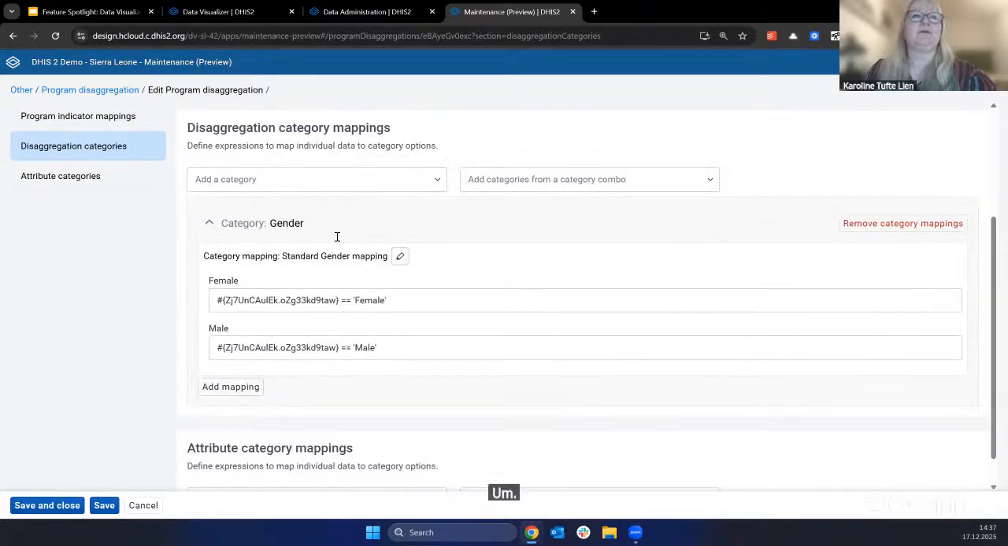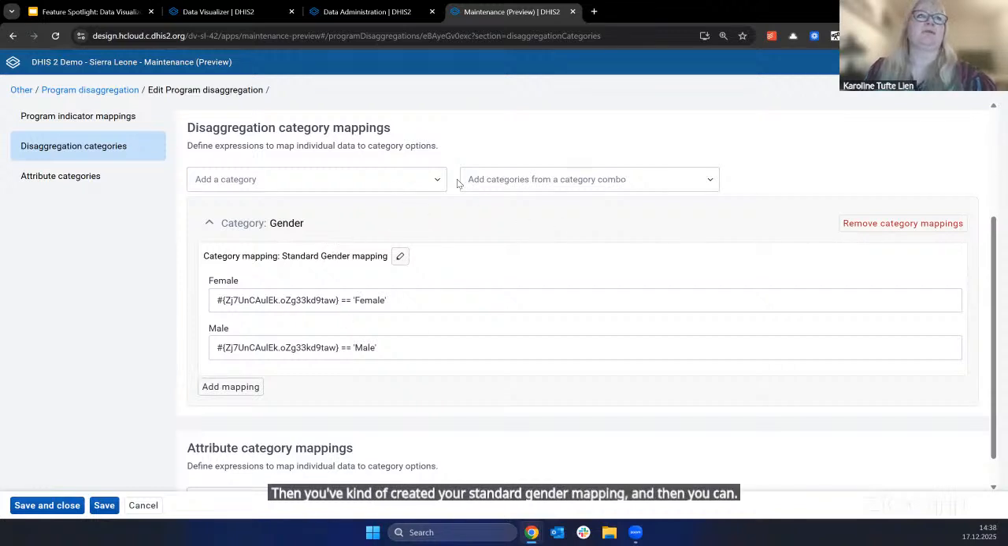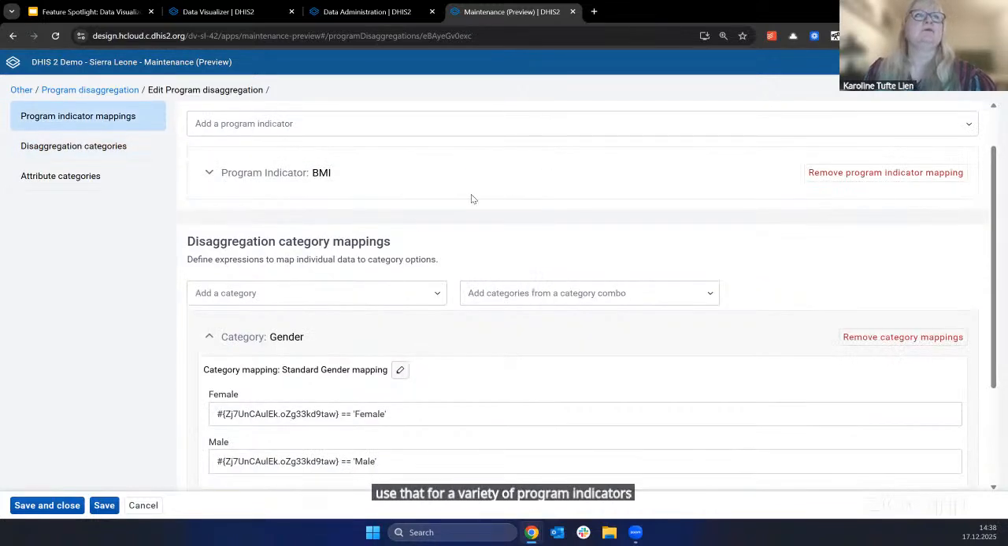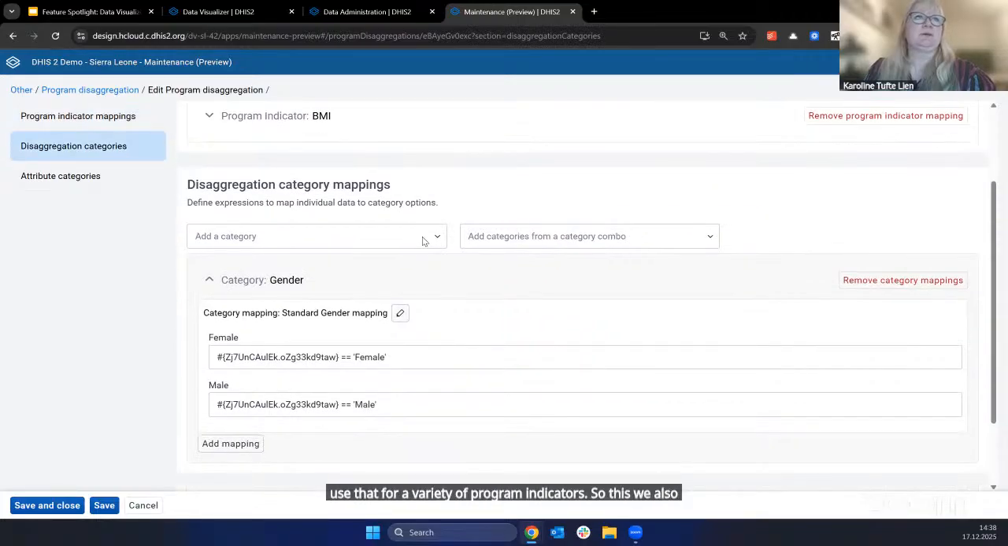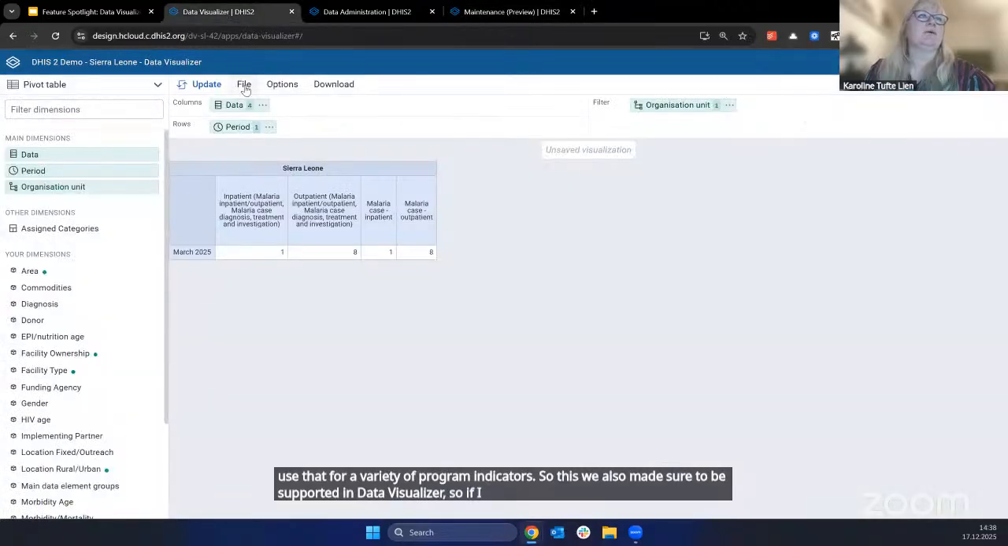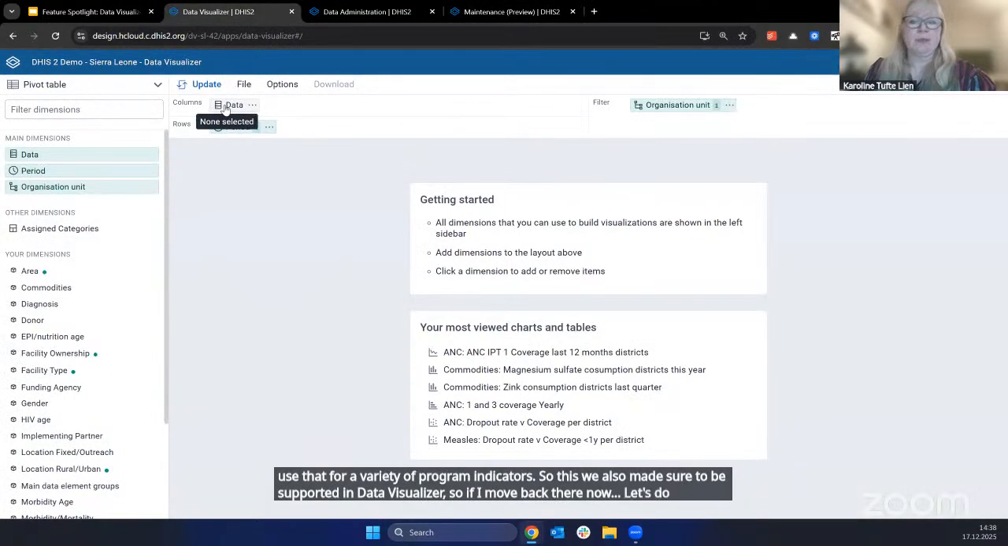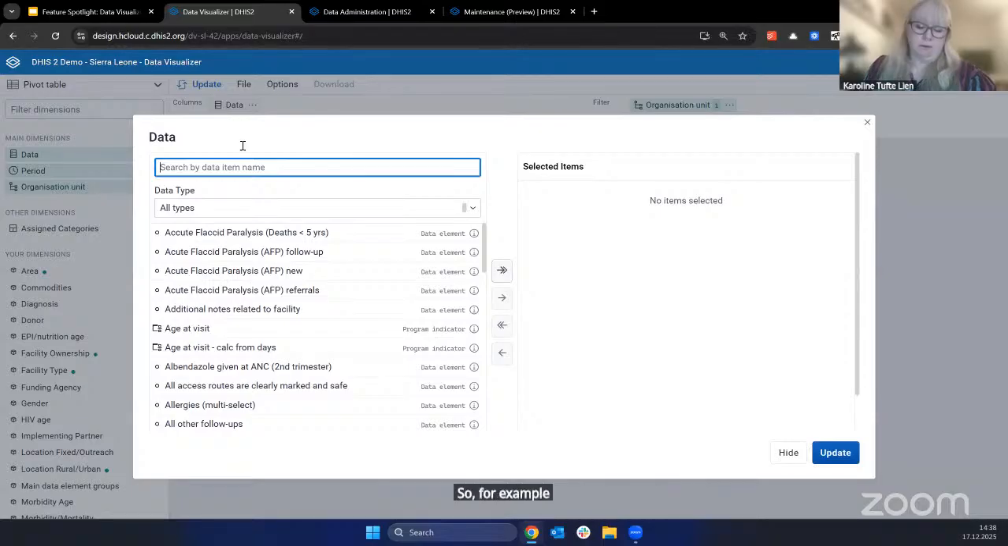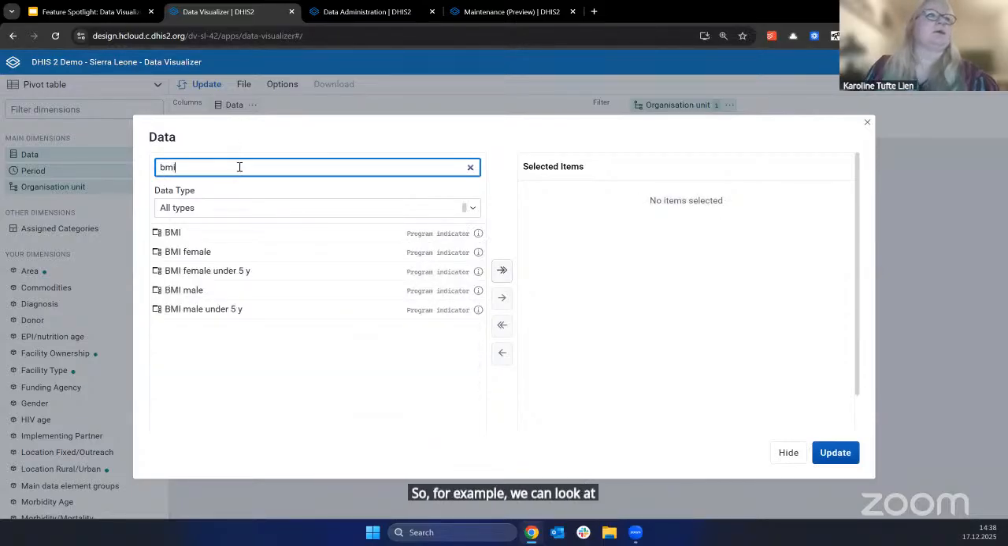Then you've created your standard gender mapping, and then you can use that for a variety of program indicators. So we also made sure this is supported in Data Visualizer. If I move back there now, let's do a new one again. For example, we can look at the program indicator BMI